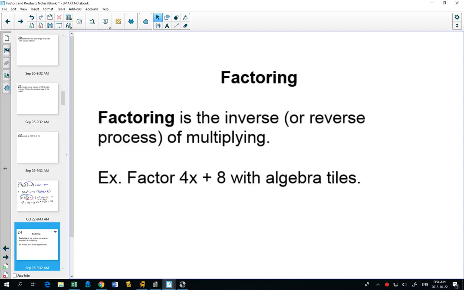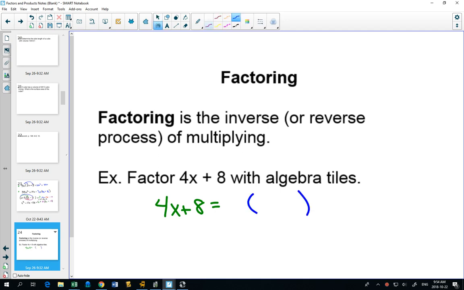The next section of our notes is on factoring. Okay? Factoring is the reverse or inverse of multiplying. So it's kind of like dividing for algebra. And when we factor, so our 4x plus 8, and unfortunately you've already learned this,